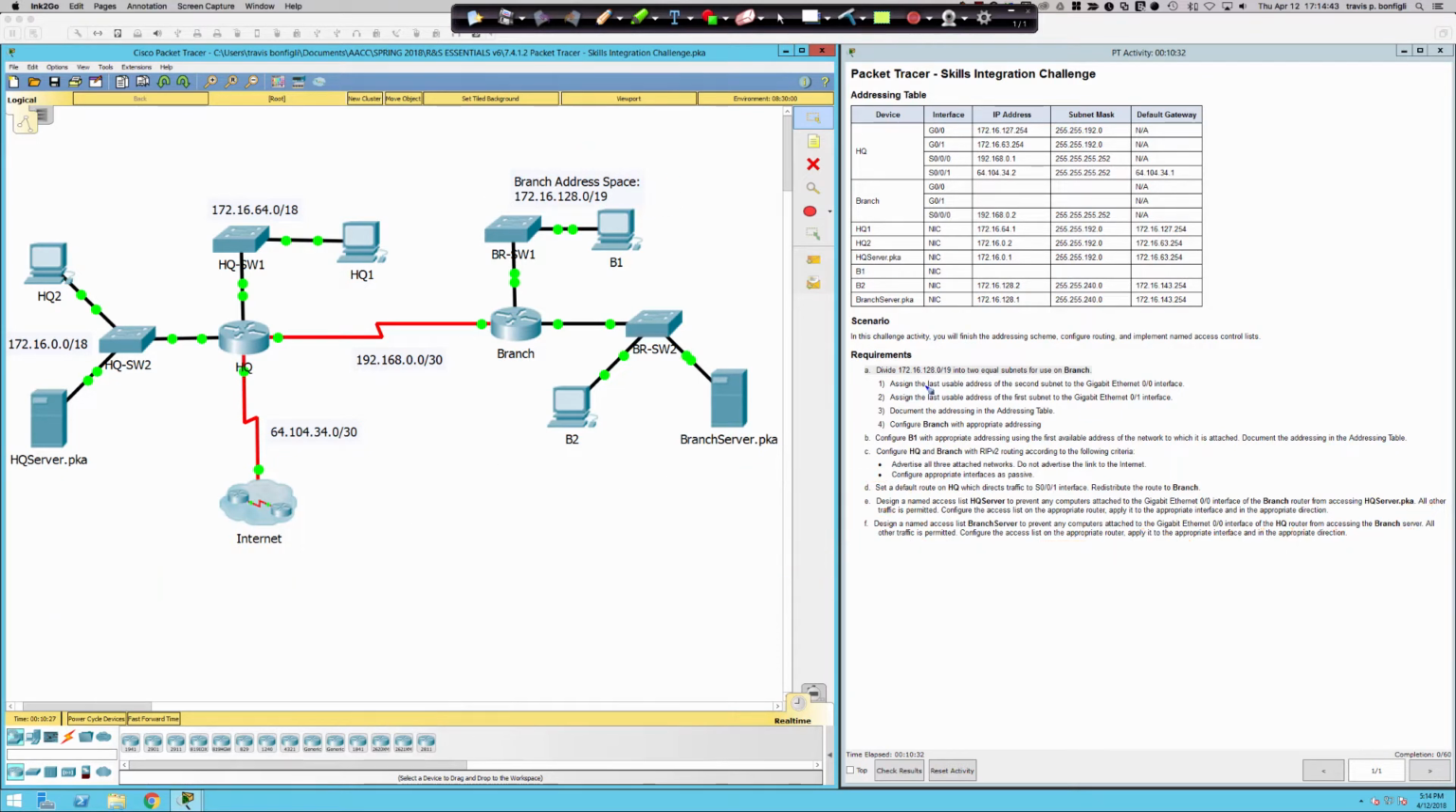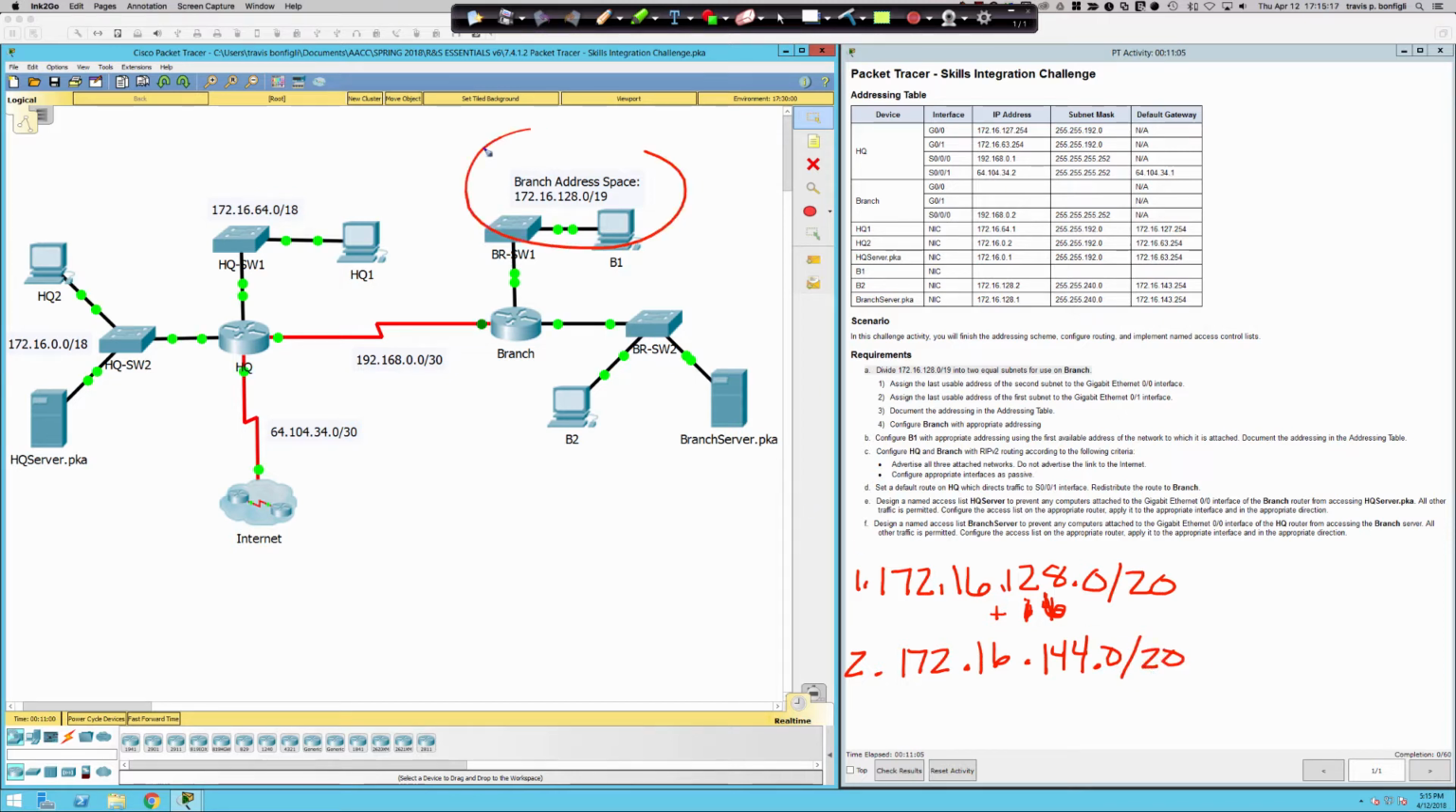Let me clear the screen. I'll write these out again. So the first network is going to be 172.16.128.0/20 because we've borrowed the next host bit, right? And then the second subnet is going to be, I'm just going to say plus 16, my block size, plus 16, my apologies. So we've got 172.16.144.0/20. So the single /19,